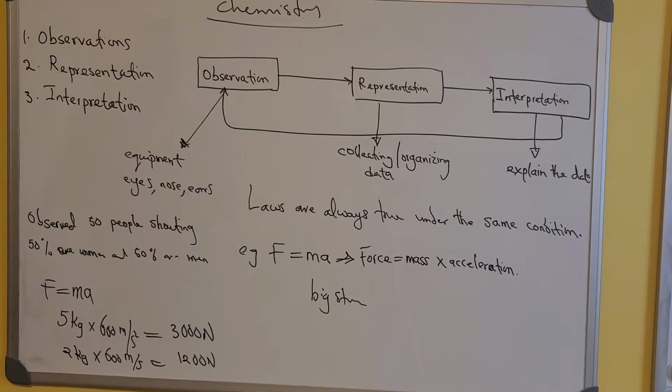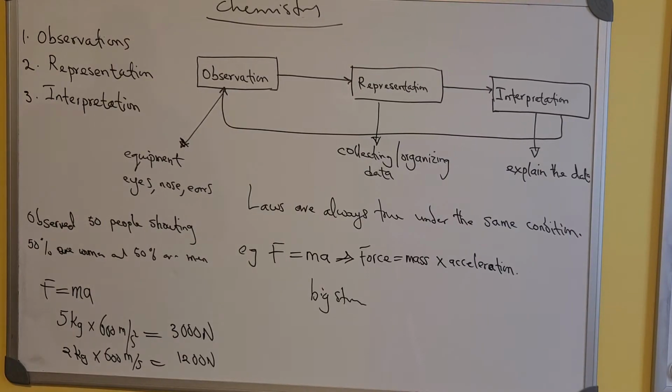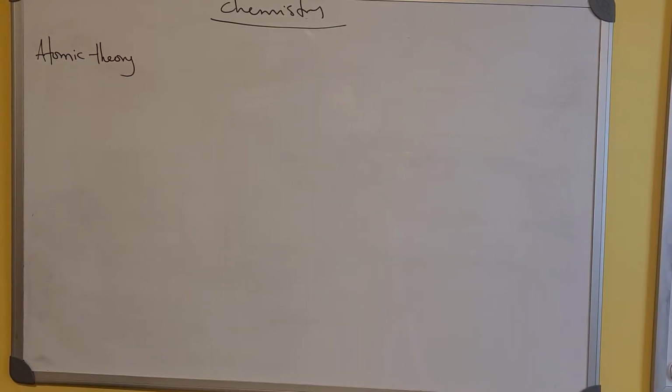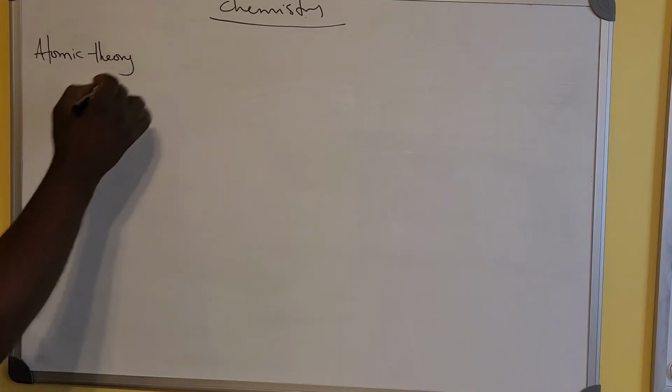An example of theory at the time was atomic theory. Okay, that's an example of theory. Let me clean the board and then explain that. So in atomic theory, like the name suggests, theory says that